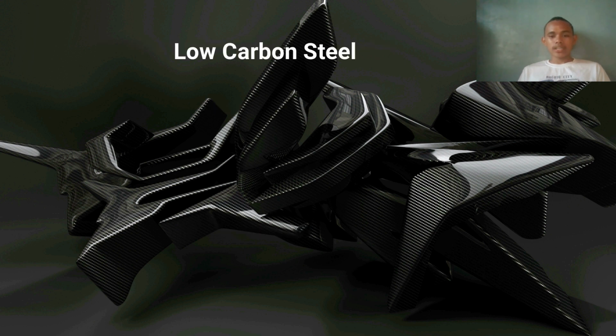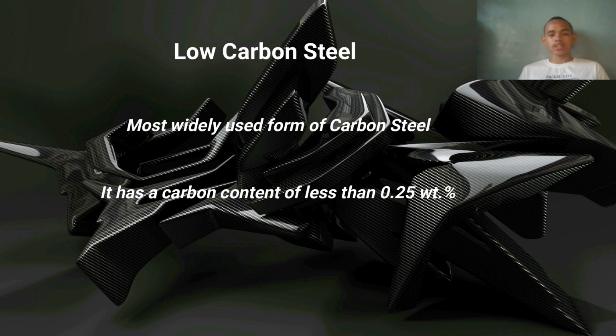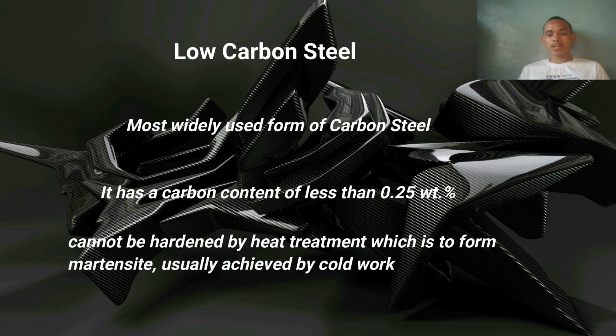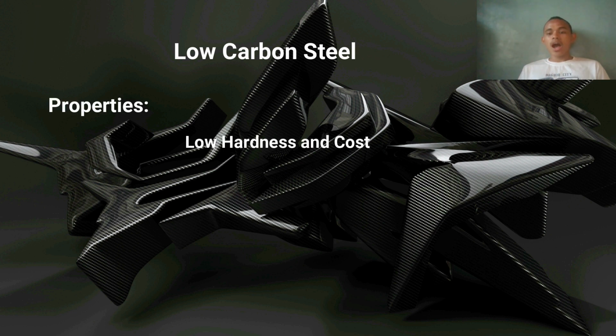Low carbon steel is the most widely used form of carbon steel. These steels usually have a carbon content of less than 0.25 weight%. They cannot be hardened by heat treatment, which does not form martensite, so strengthening is usually achieved by cold work. Low carbon steel has properties of low hardness and cost, high ductility, toughness,